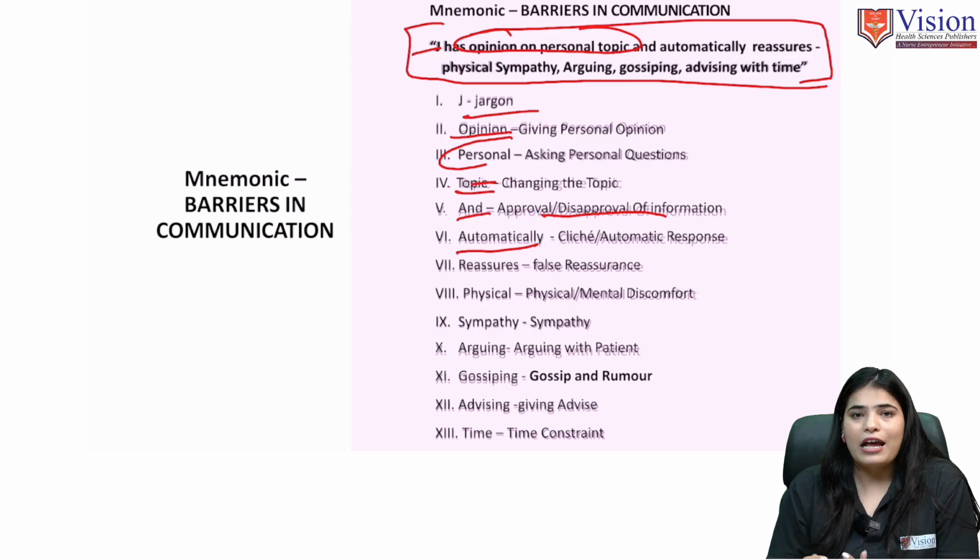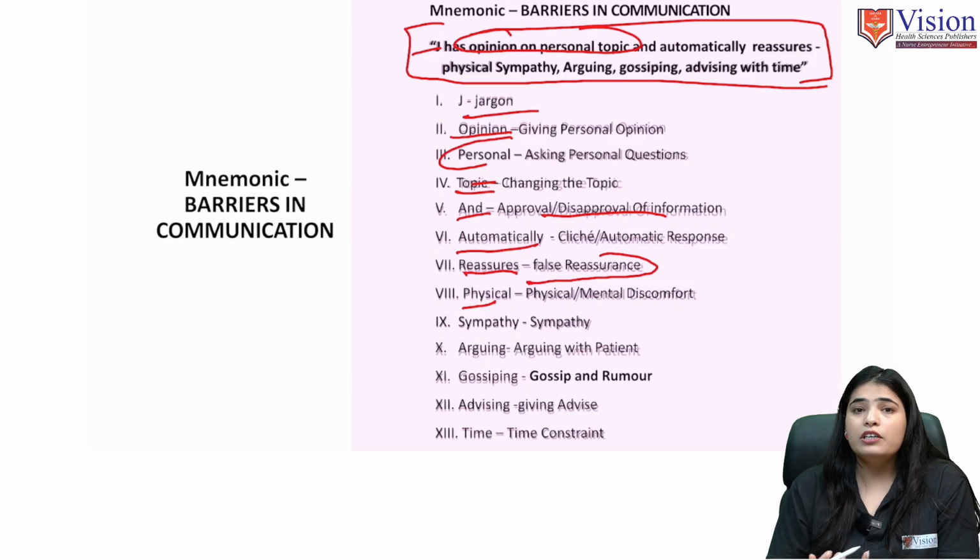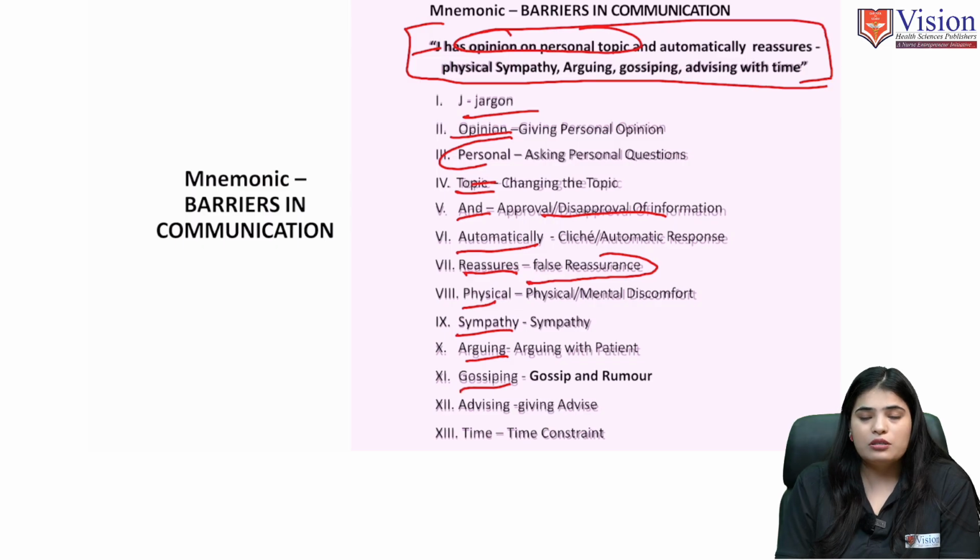Like I told you, you don't have to give automatic messages or automatic responses to the patient. Reassurance, that includes false reassurance. Physical or mental discomfort may hinder the communication. Sympathy: we have to focus on empathy rather than sympathy. Arguing should not be done with the patient. Gossiping and rumors are defamation, and those are intentional thoughts, and we do not have to advise the patient,